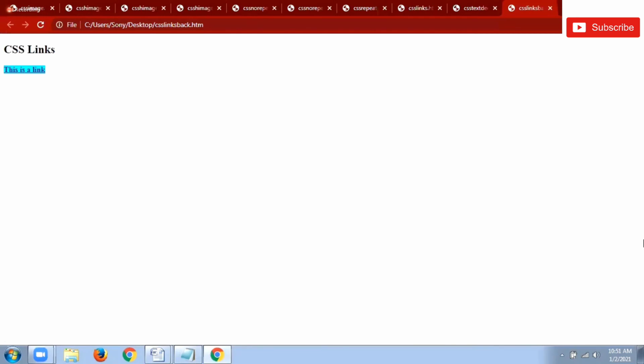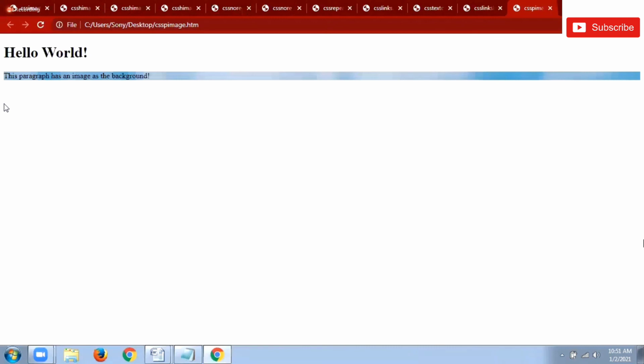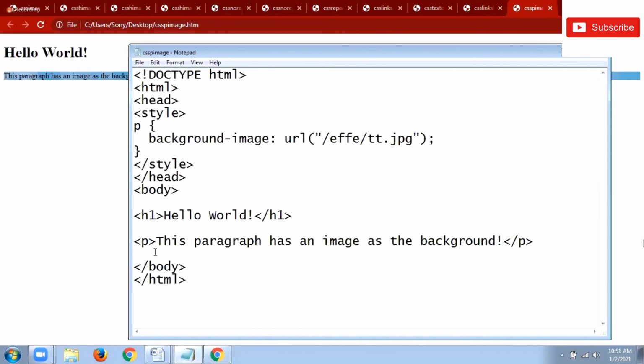Let us open it from the web browser, CSS p image. I want to set my background image only for my paragraph element. See the difference, everyone. Whatever the particular image is, only for the particular paragraph where I mentioned some text, over that background I am getting the image. Part of the image is going to be displayed with this paragraph element. Is it clear to everyone?